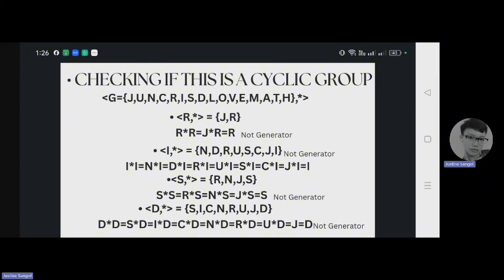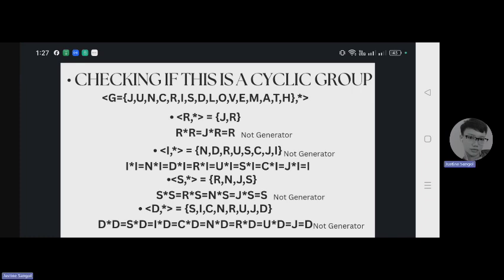Next is I. I star I is equal to N. N star I is equal to D. D star I is equal to R. R star I is equal to U. U star I is equal to S. S star I is equal to C. C star I is equal to J. J star I is equal to I. Then element I is not a generator of the set G, since not all elements in G are generated.